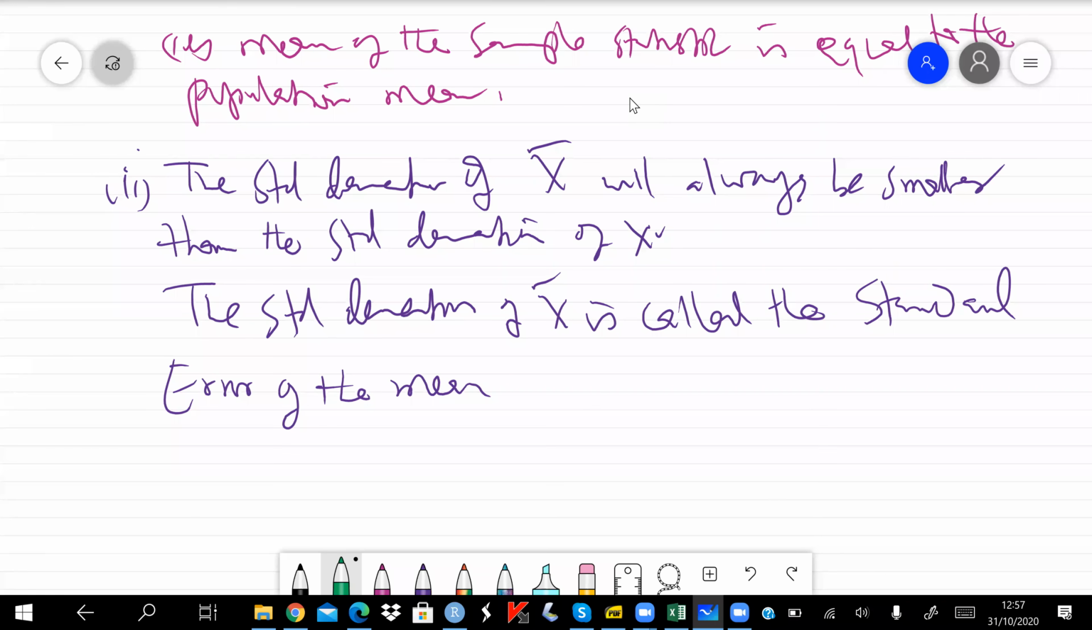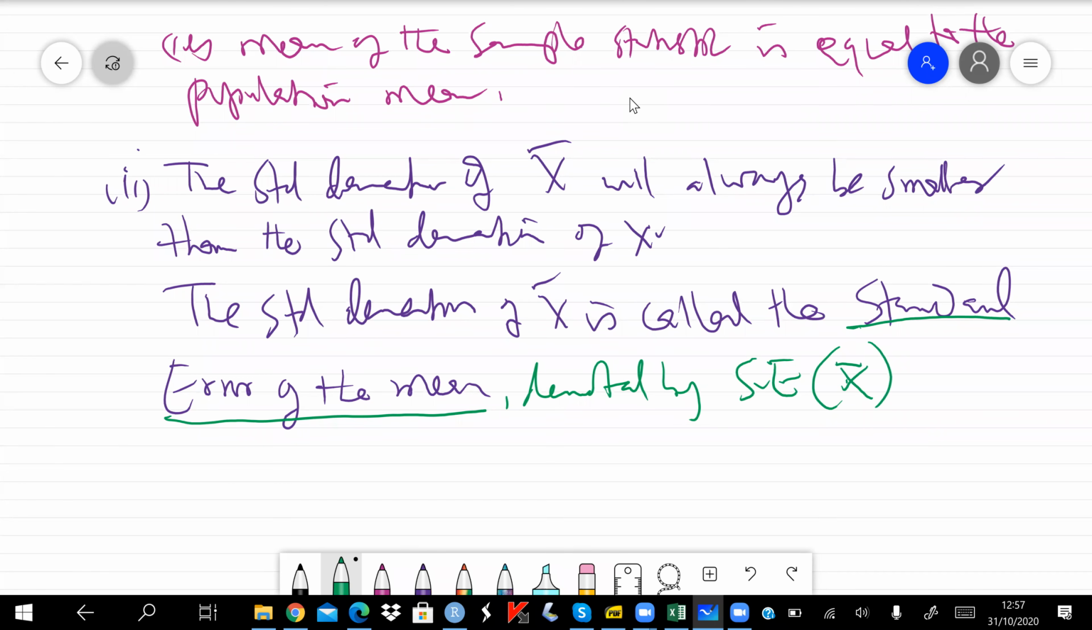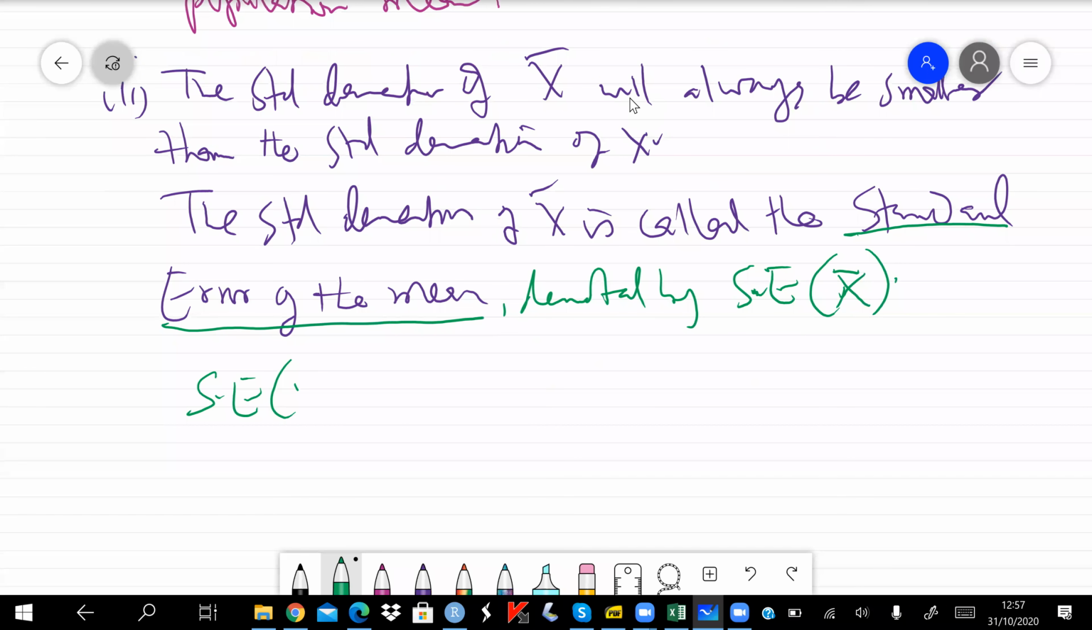This is called the standard error of the mean, and that tells you that every statistic, whether it is the mean or the proportion or any other statistic, has its own sampling distribution and also its standard error. It is usually denoted by SE of the mean, standard error of x bar. The standard error of x bar is defined by sigma divided by root n,